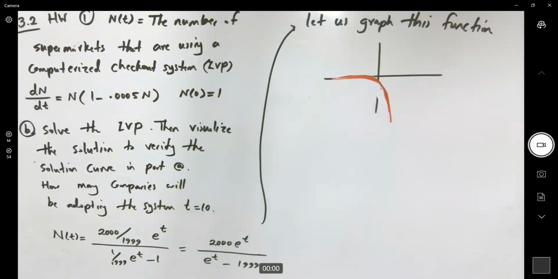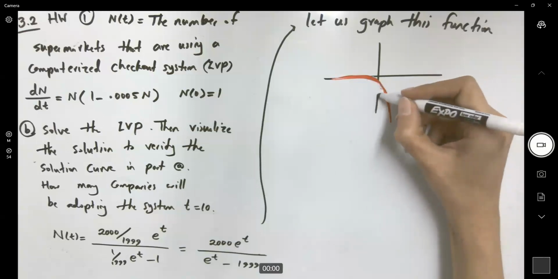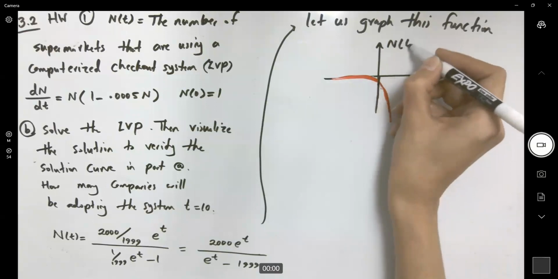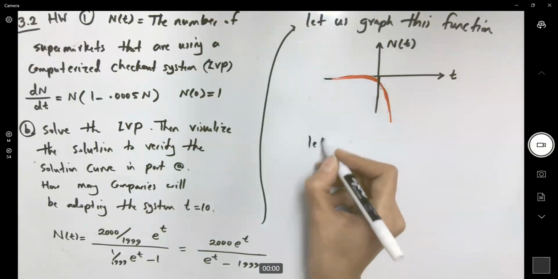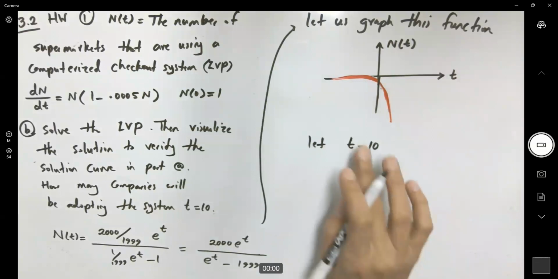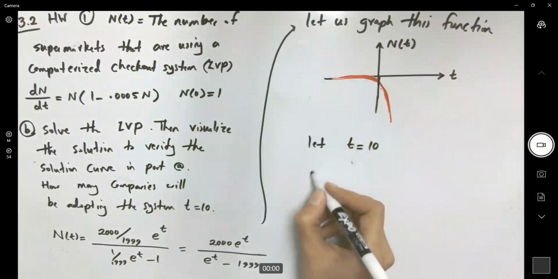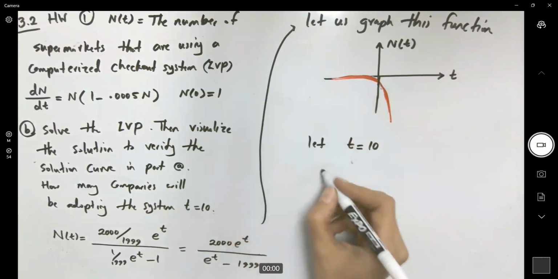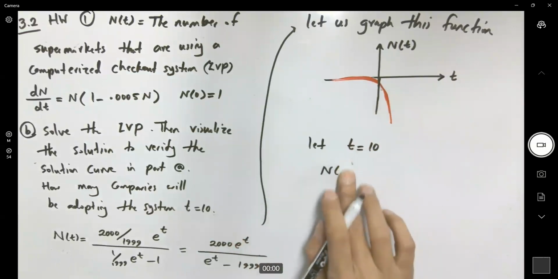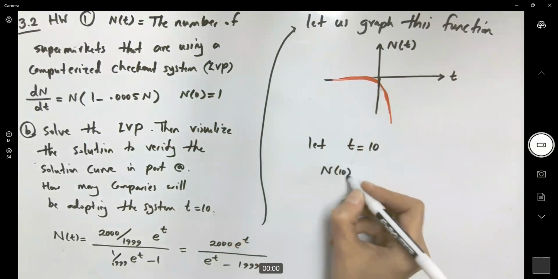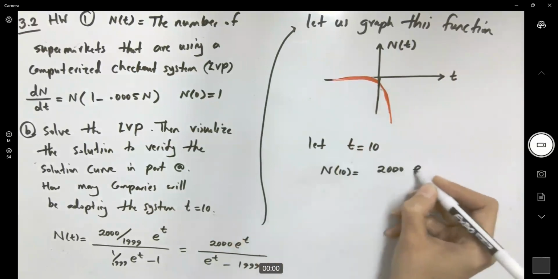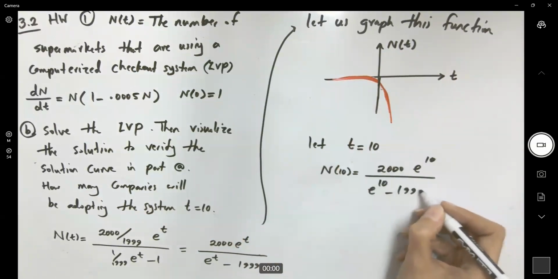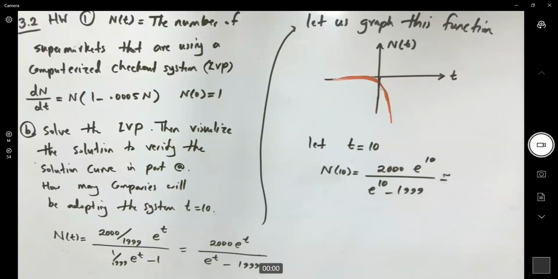This is the graph of the solution that we have. Now let t be 10. What is n of t? n of 10 becomes 2000 e to the 10 divided by e to the 10 minus 1999,